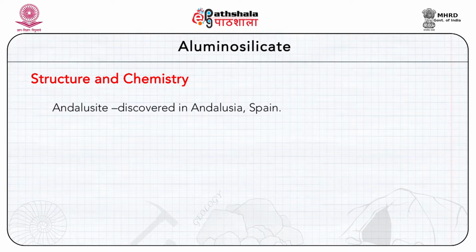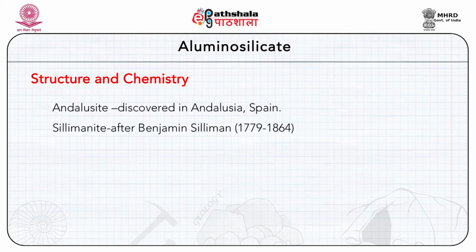Alteration to sericite, chlorite and other sheet silicates is commonly exhibited by andalusite. It also shows metamorphic reaction relations with minerals such as cordierite, staurolite, garnet, sillimanite and kyanite. We will now discuss sillimanite, named after Benjamin Silliman,